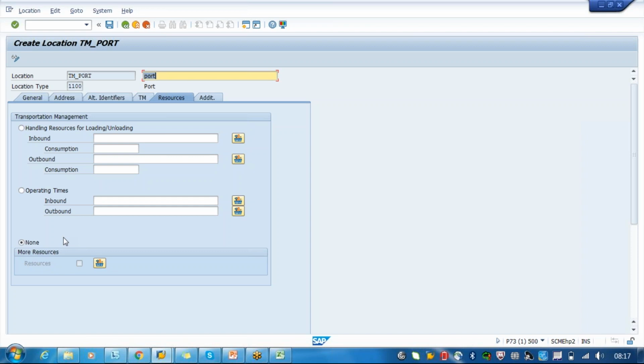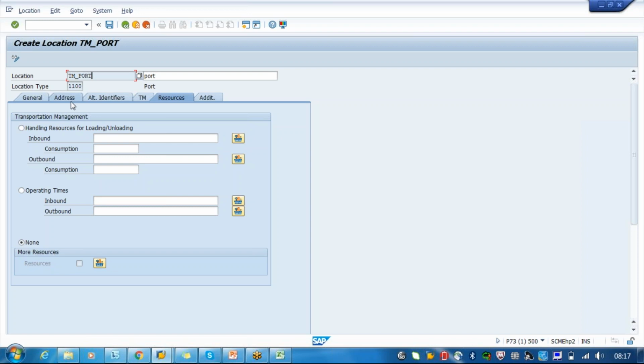Santosh, other than these two resources, only handling resources and operating resources are defined. If any other resources come into the picture, then where can we define them? There are other resources such as drivers, but drivers are not useful to add at the location, so that will be assigned only at your vehicles.